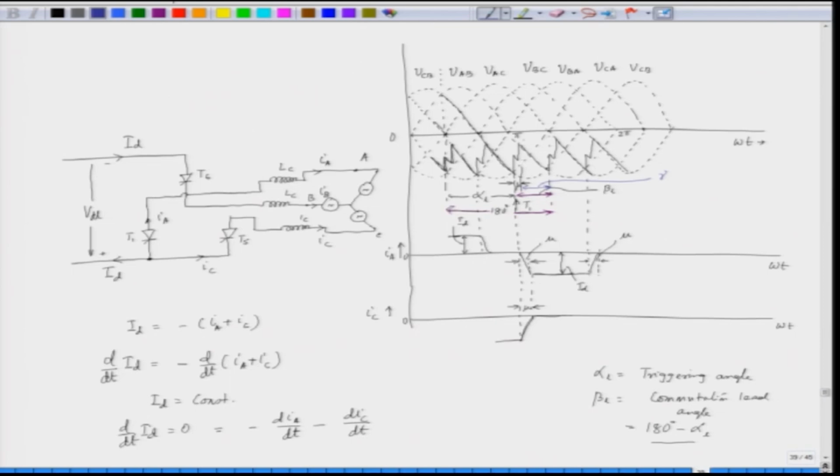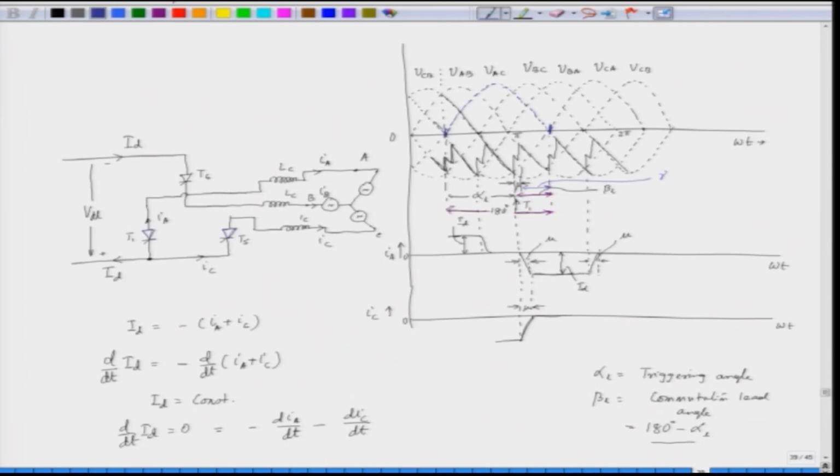We can see here that this voltage VAC is giving the forward bias to the SCR T1, and is also reverse biasing the SCR T5, and for the time from this starting instant to this instant, SCR T1 is forward biased. So, it means whatever angle is remaining, that angle is called the margin angle,